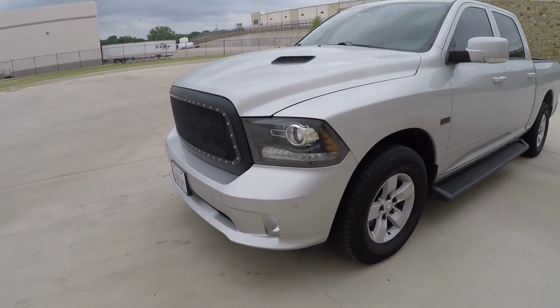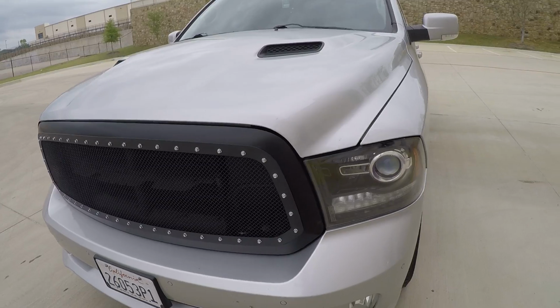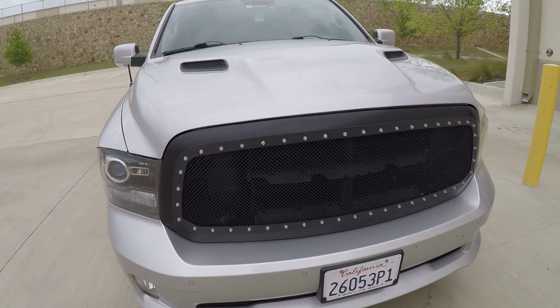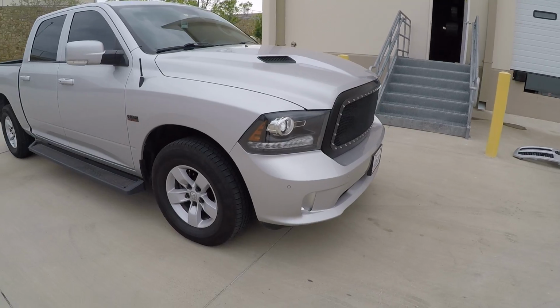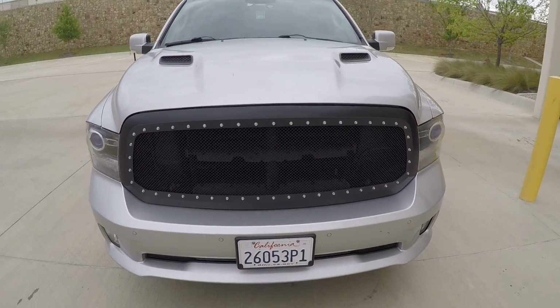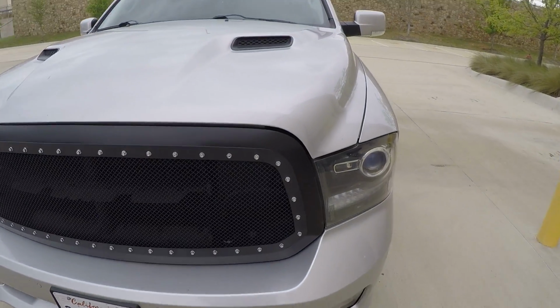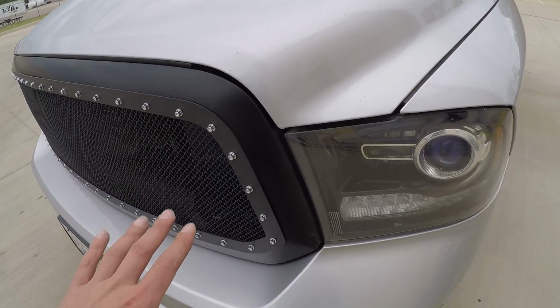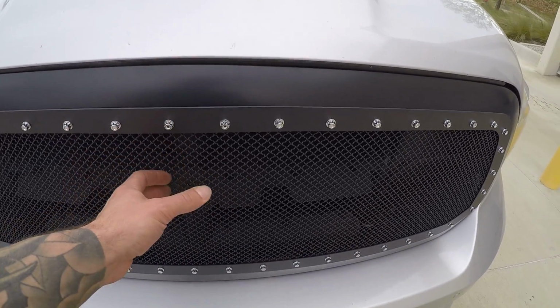Alright, here's the grill, guys. Let me know what you think in the comments below. I think it looks pretty cool. It's definitely different. I'm more of a color matching grill guy myself, but I think a lot of people are going to like the look of this, to be honest with you. It's very different. I will not lie to you guys though, with this center section not being the OE center section,